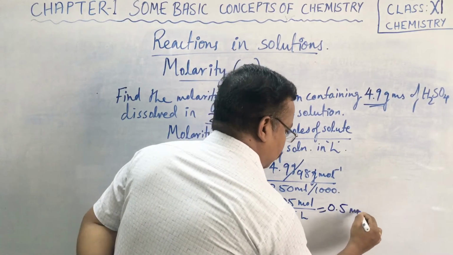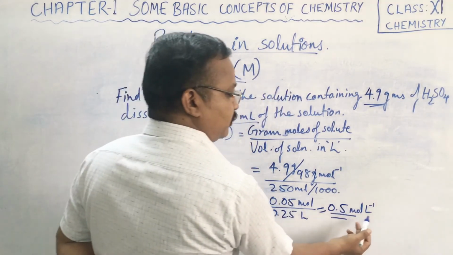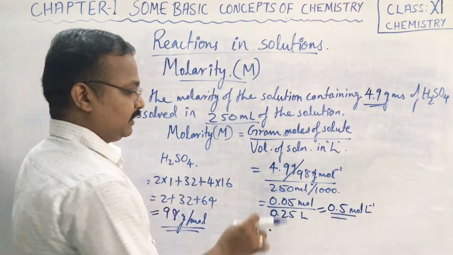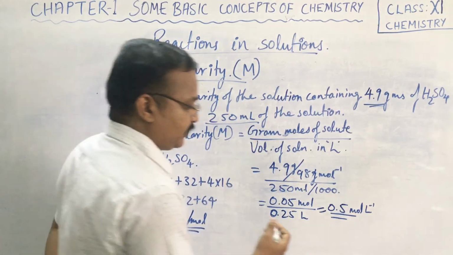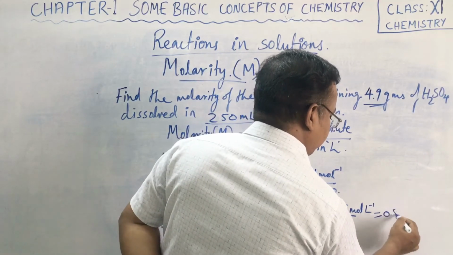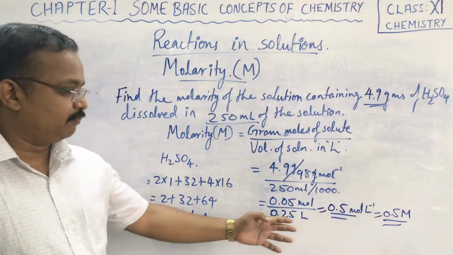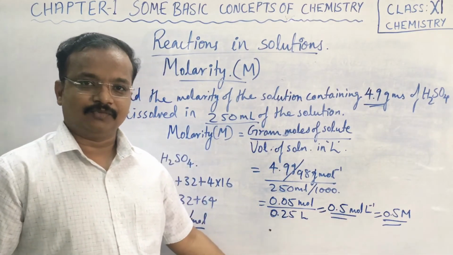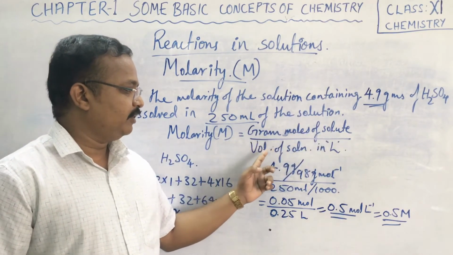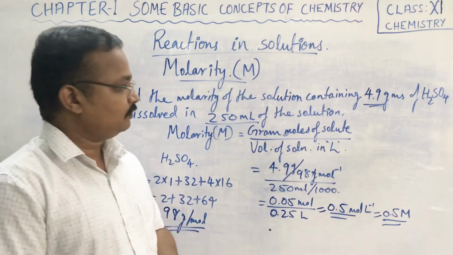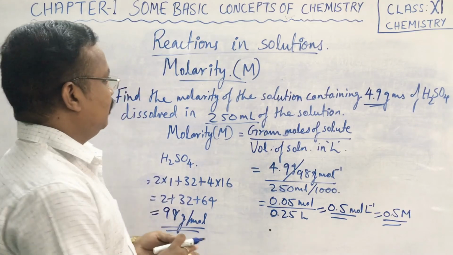0.2 mole per liter. So this is actually mole per liter inverse. Wherever this is mentioned, you have to consider that it is actually molarity. Okay, molarity of the solution, that you can also write as 0.2 capital M. This is actually the unit of molarity, moles per liter. The meaning is that we are calculating gram moles of solute divided by volume of solution in liters. Now we are moving on to another way of expressing concentration, that is molality.